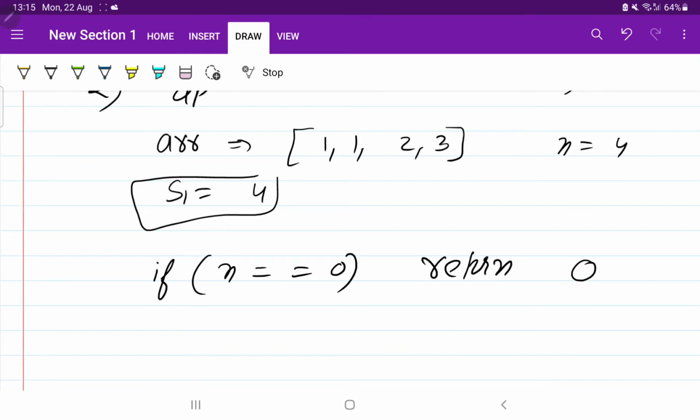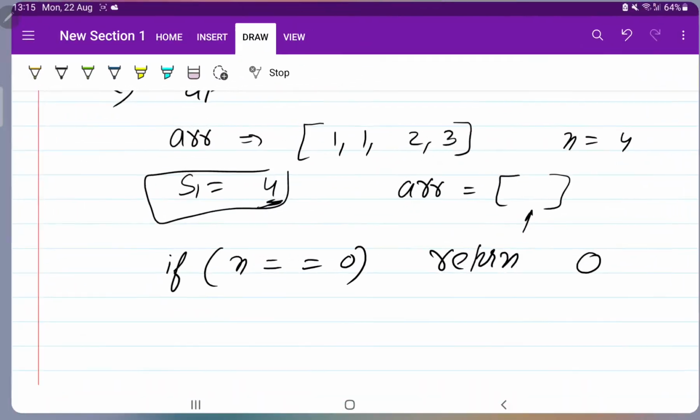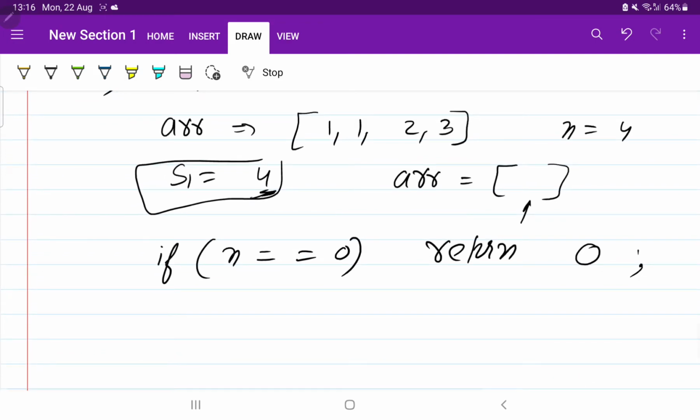It means if there is no element in the array, are you going to get sum as 4? No, we are never going to get sum as 4. So if n is equal to 0, we return 0. This is correct, because in a recursive solution we have to see the minimum possible outcome.